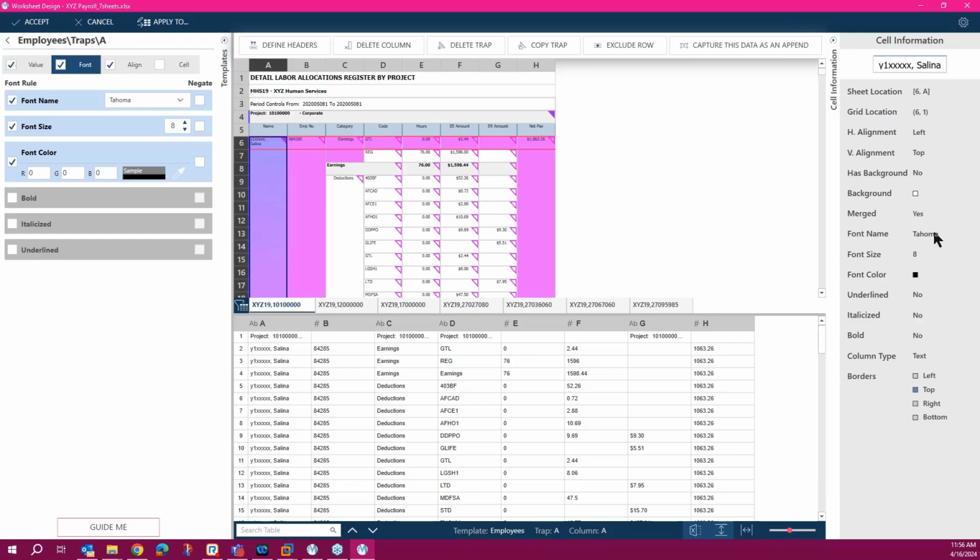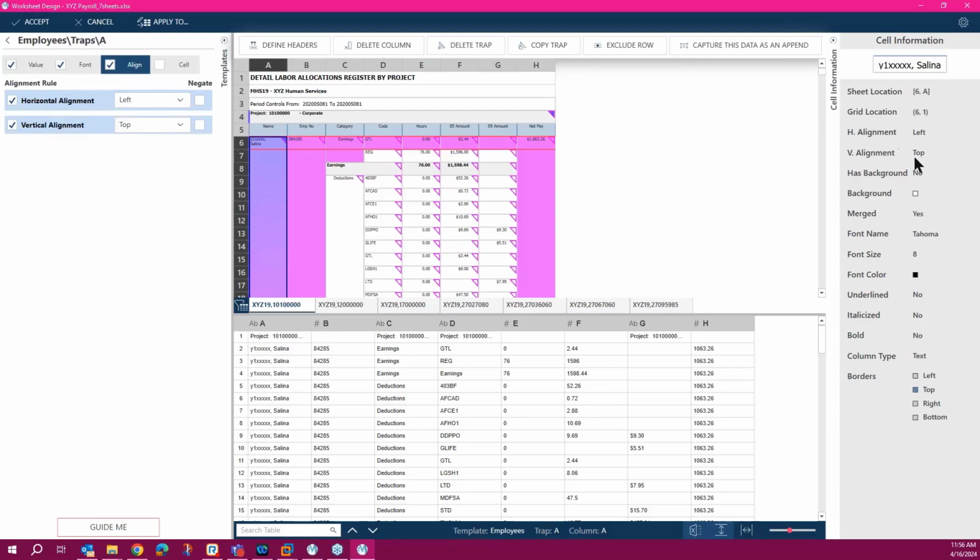So the font name is Tahoma. The size is 8, and the color is obviously black. And then the alignment is left align and top. Okay, so how would I remove this project on the first row?